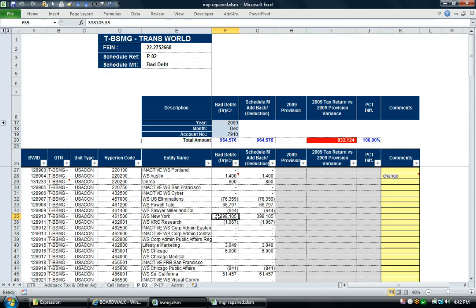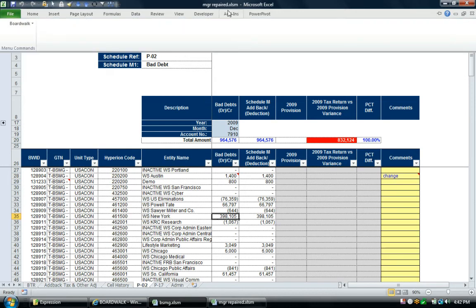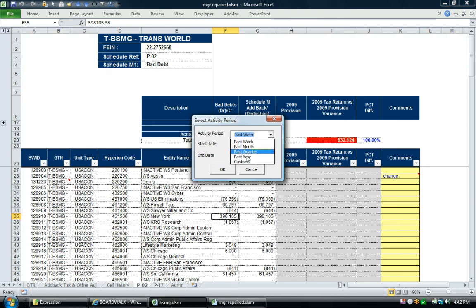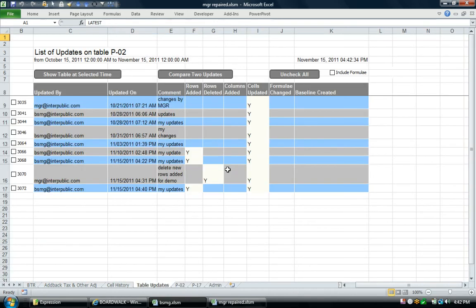And the reason we're able to do that with BCP is that for each range of data, what's happening is we're tracking all the changes to that range of data. So if I now say, look at this entire P02 workbook, I can look at it and say, well, what's been done? Have there been rows added, rows deleted, columns added, formulas changed? And as every user interacts with the system or another system interacts with the data, it'll tell you what the changes were. So you have a complete audit trail, not only at a cell level, but the entire workbook level,